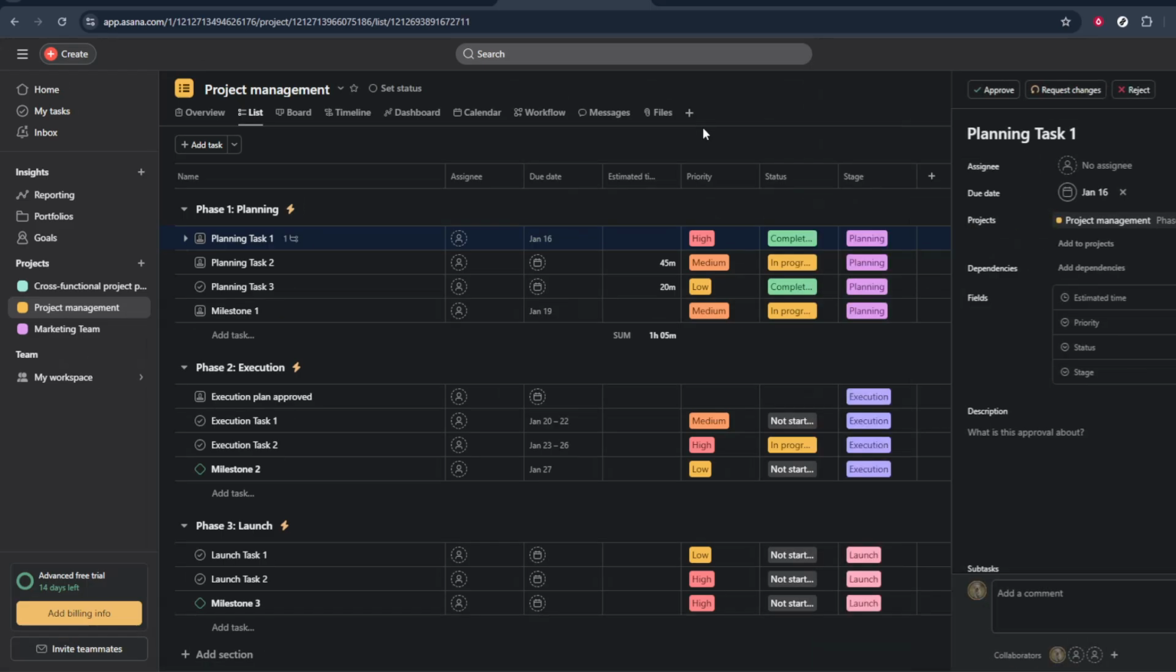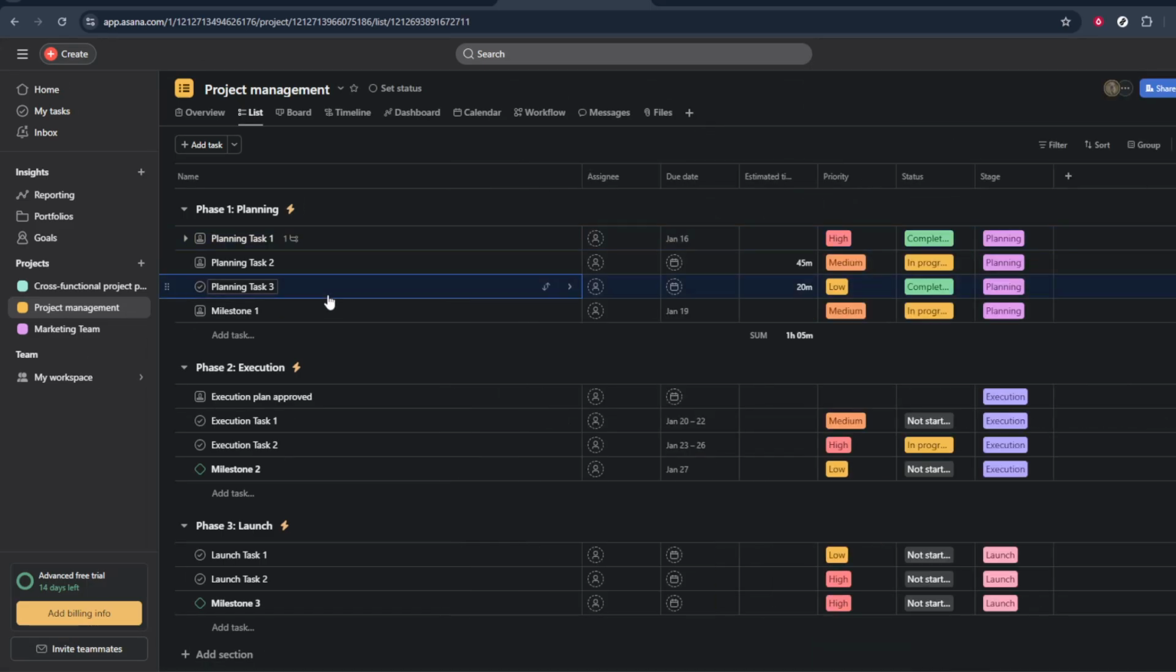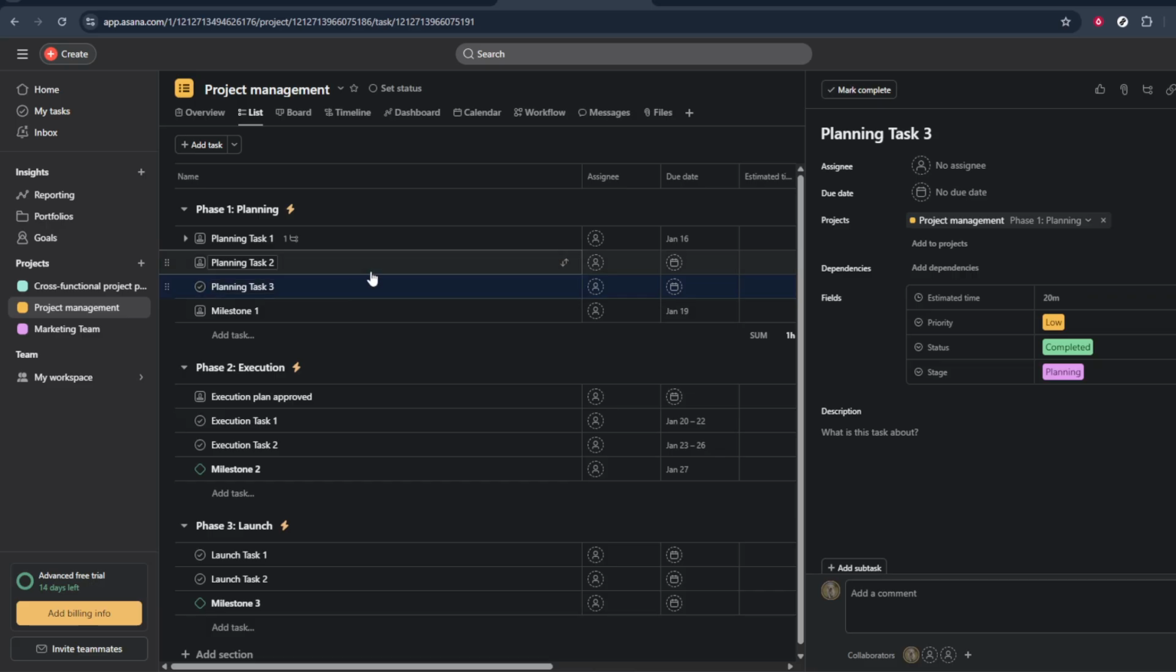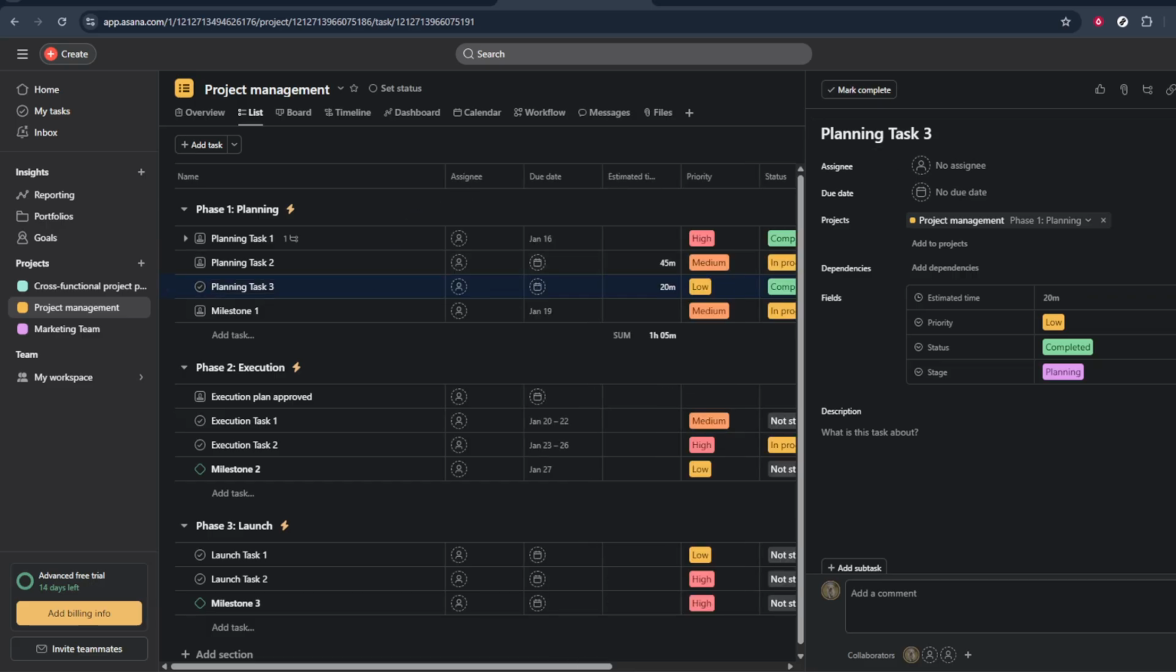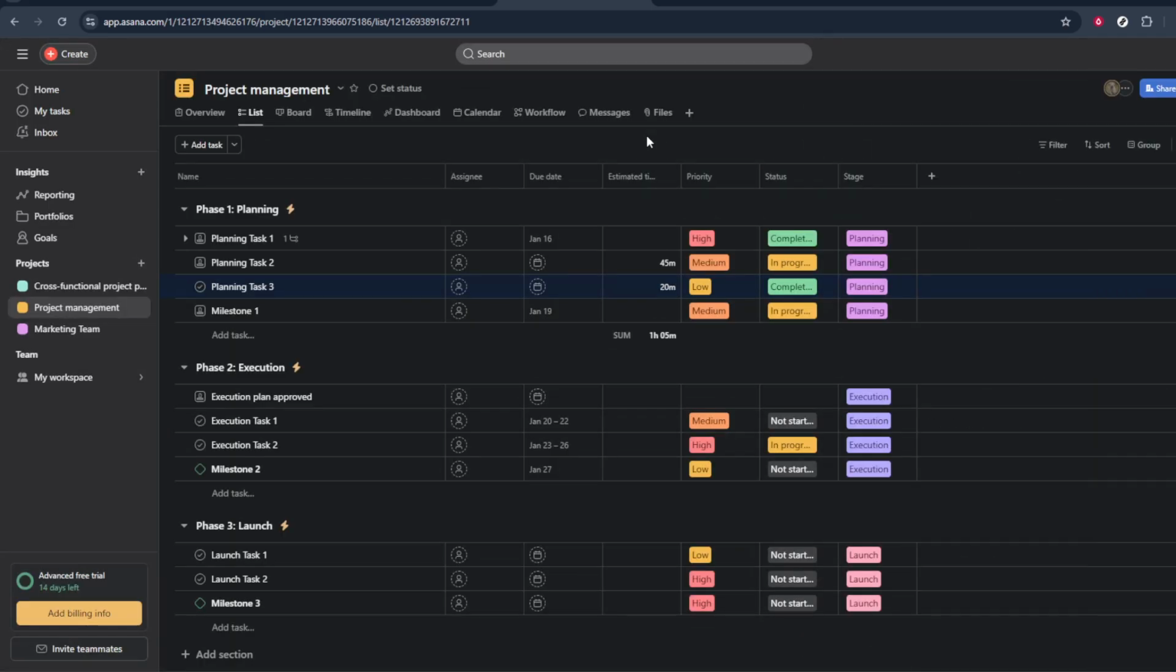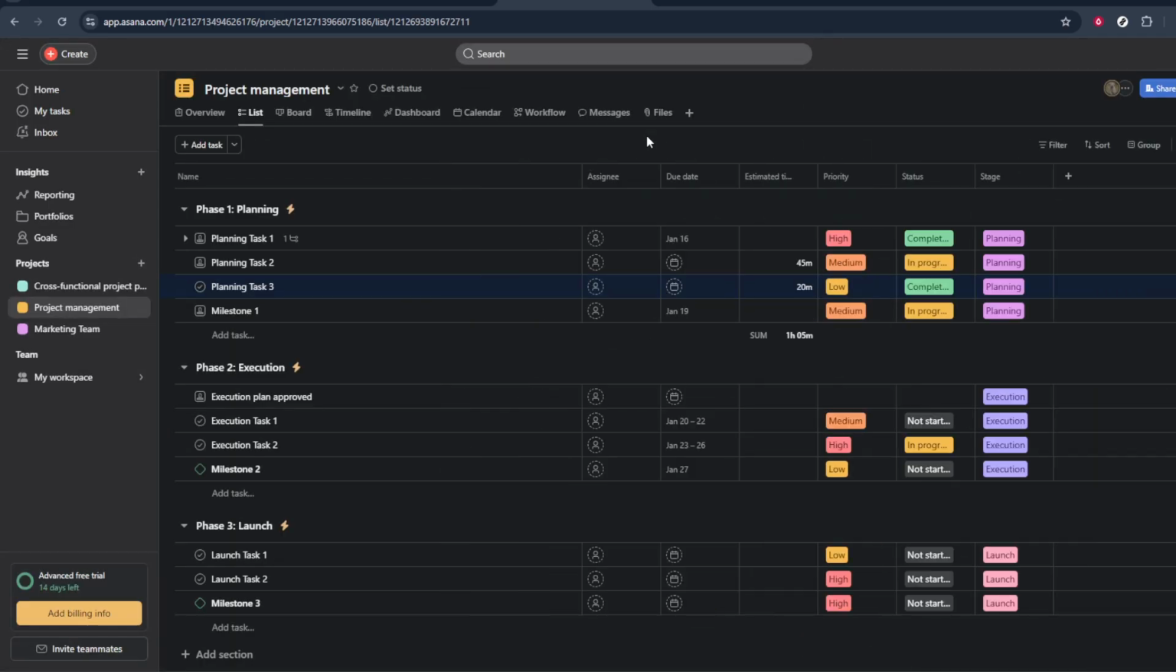If needed, you can @mention other teammates in the comments to provide extra context or to let them know that something is now waiting for approval. And that's it. You've successfully turned a normal task into an approval task in Asana, giving your team a clear